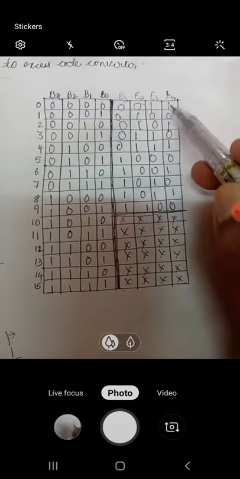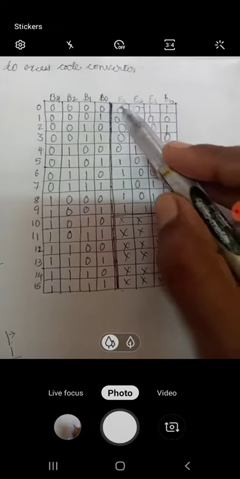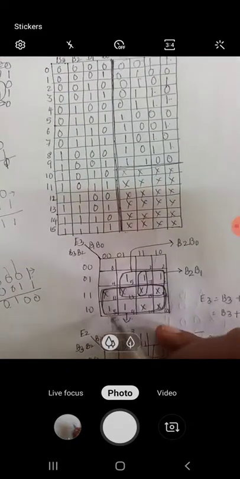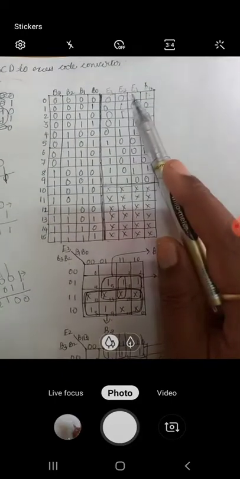Now as you can see, there are 4 outputs, E0, E1, E2 and E3. So for each output, what you got to do is draw a K-map and find an expression for it. So let us do this. Here I have drawn a K-map for all the 4, that is E3, E2, E1 and E0. So E3, E2, this is E1 and this is E0.